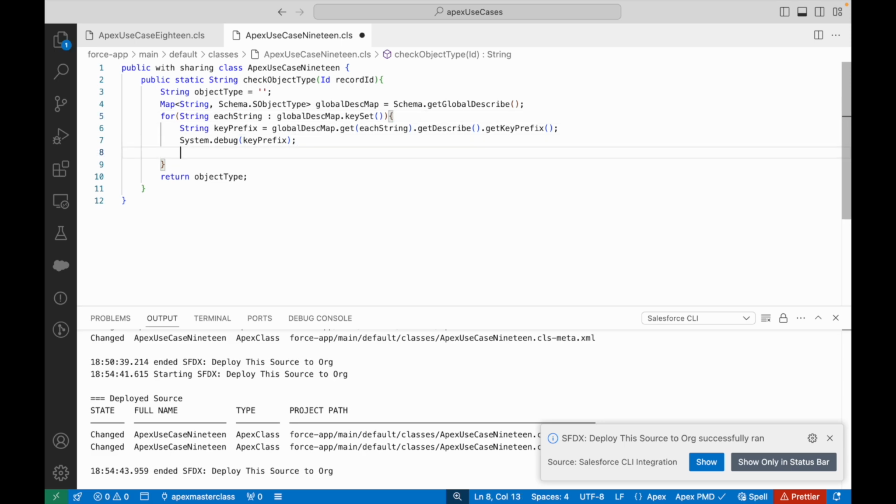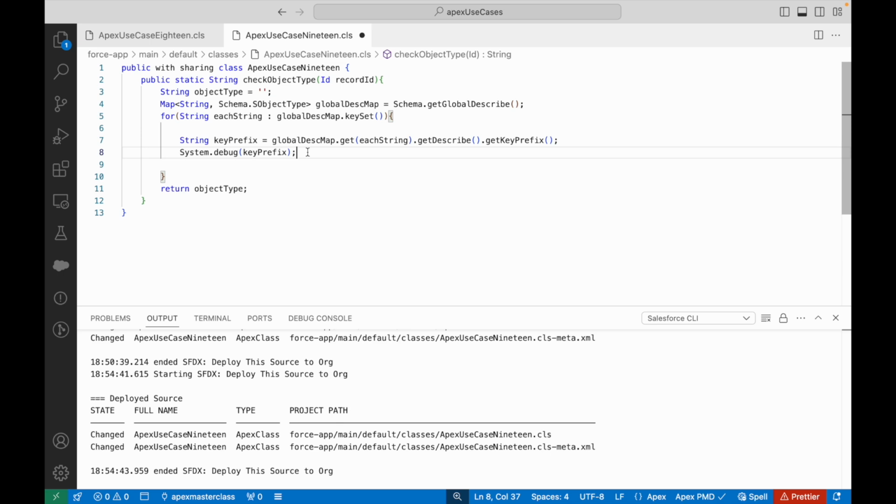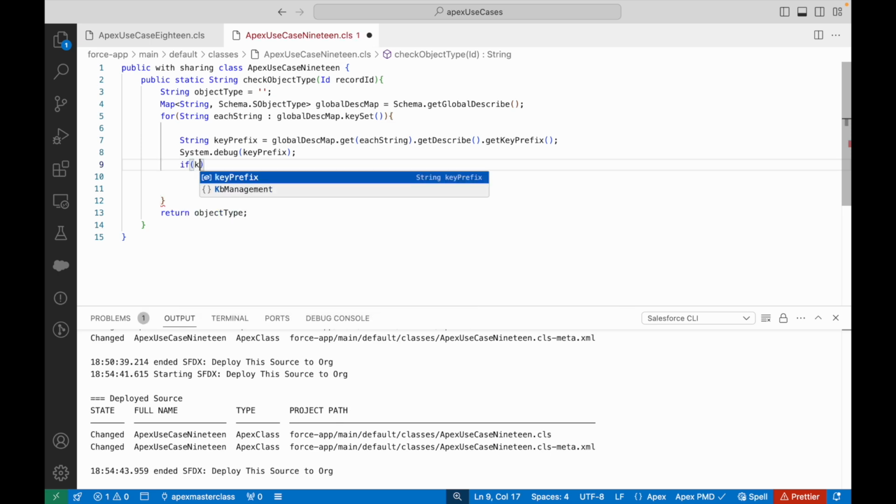Awesome. So you have that loop in your hand. You have all the key prefixes. Now what can you do? Can you compare somehow whether your record ID begins with this key prefix? If it does, you know what kind of object it is. Correct? So if you understood what I'm trying to say, we'll say if record ID dot,